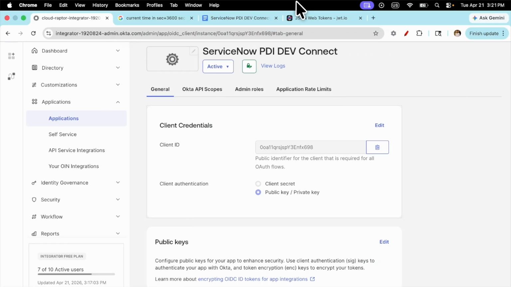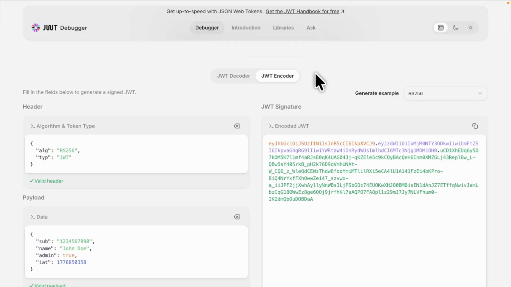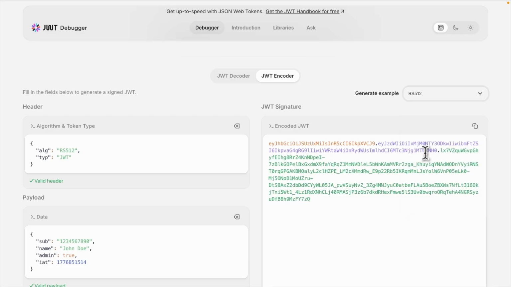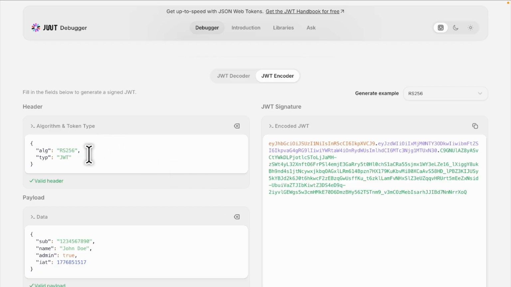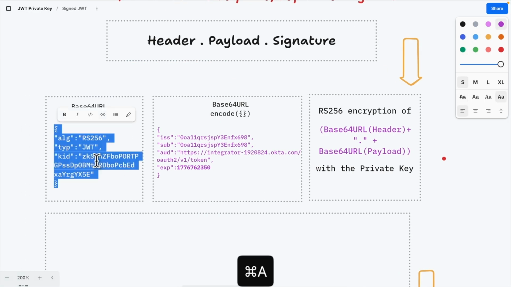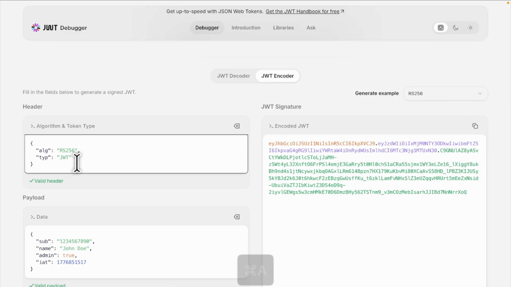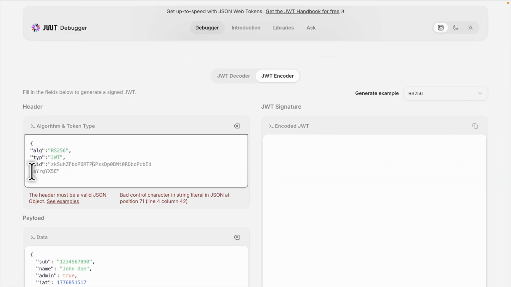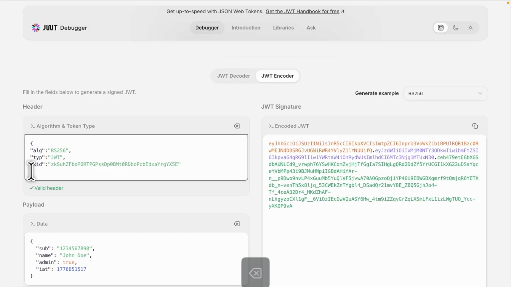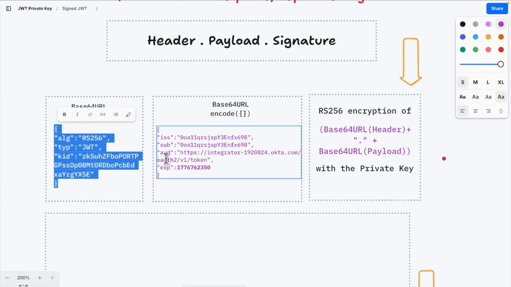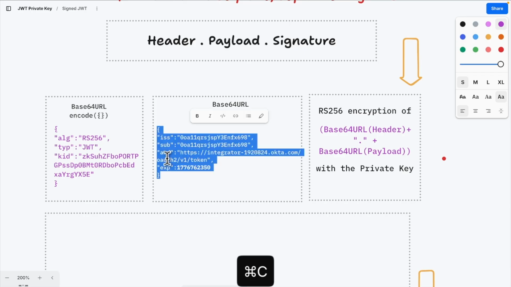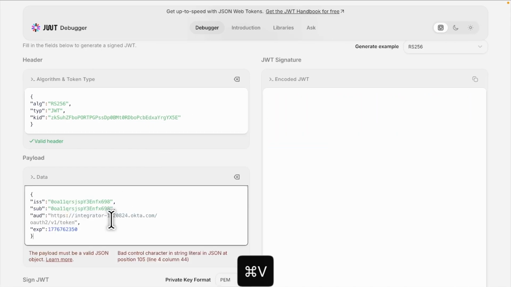So let's go to jwt.io, and here what we are doing is JWT encoding, because ServiceNow encodes and sends it to Okta. The algorithm that we are using is RS256. What we need is the header, so let's go and get the header, paste it here. Let's remove the white spaces. Now the next parameter that we need is the payload. The payload, let's copy it and paste it here,